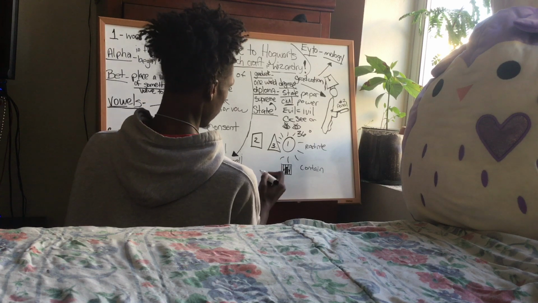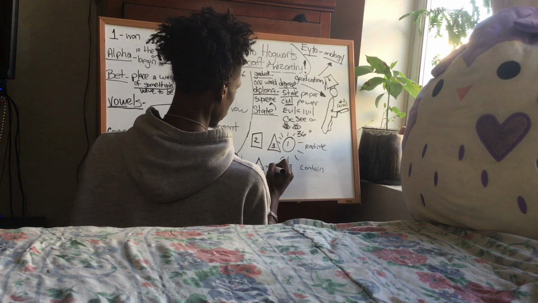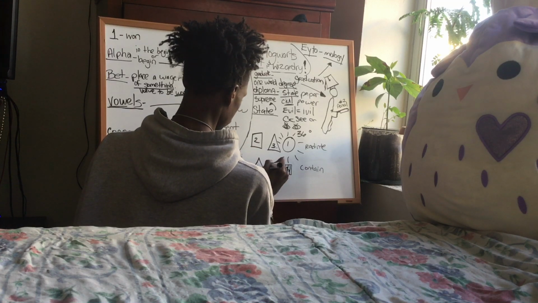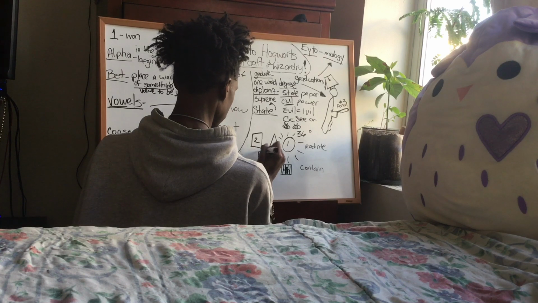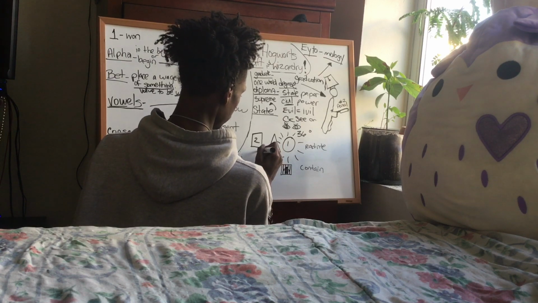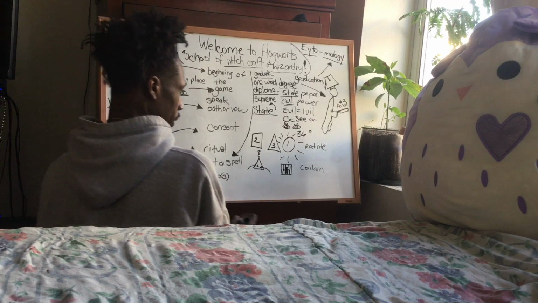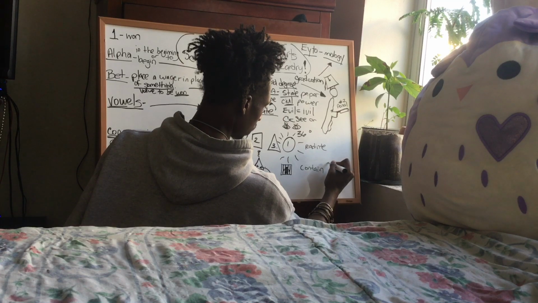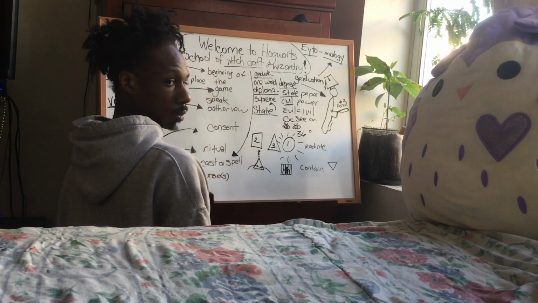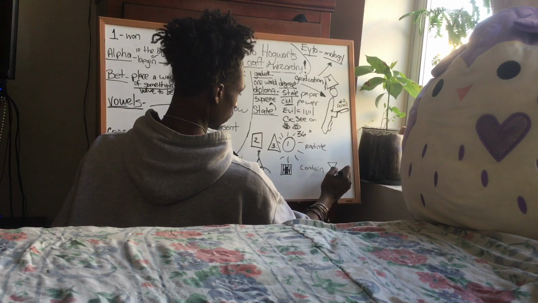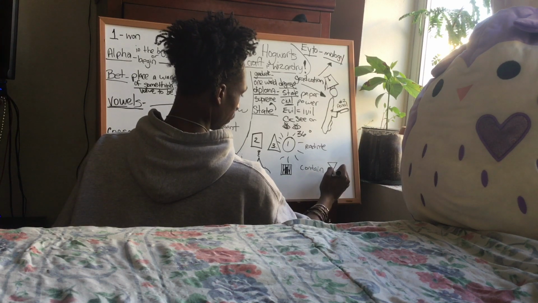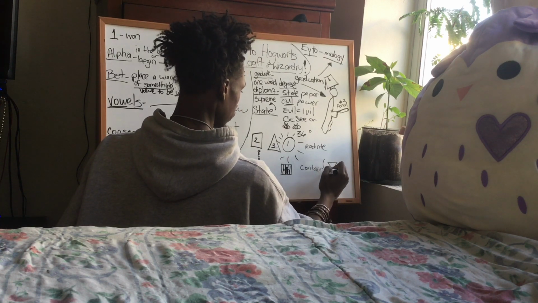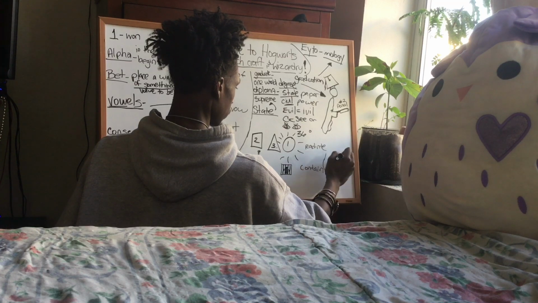Okay? And then you have the triangle. Now the triangle, not only does it hold in energy, it holds it in, but it shoots it out at the point. If you don't believe me, if you look on a woman, right? A woman gives birth through a vagina. And the vagina is always shaped like an upside down triangle, because that's where the baby comes out, right? This is where life comes out, right? The hips on a woman, right?